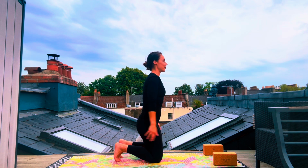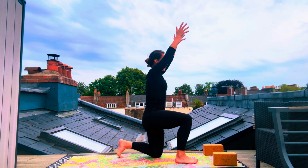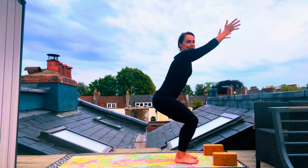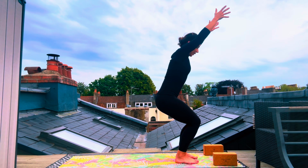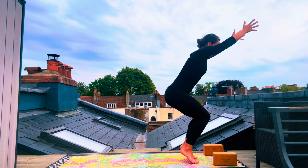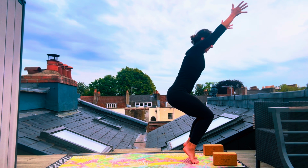And then from here, breathing in, lifting the arms high. We're going to step the right foot forwards, taking the weight forwards into that right foot, and then seeing about taking the left foot alongside, reaching up through the fingers. We've got an optional challenge here to lift all the way up onto the tiptoes, arching the feet, reaching through